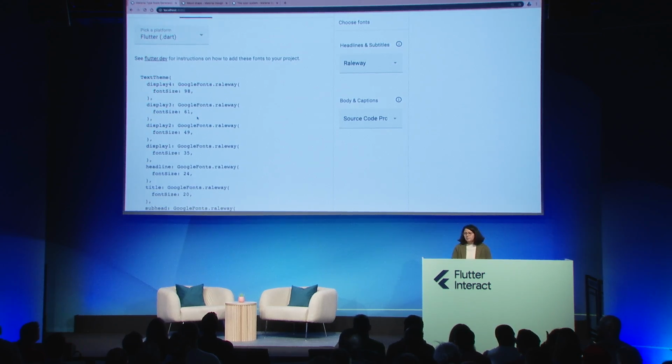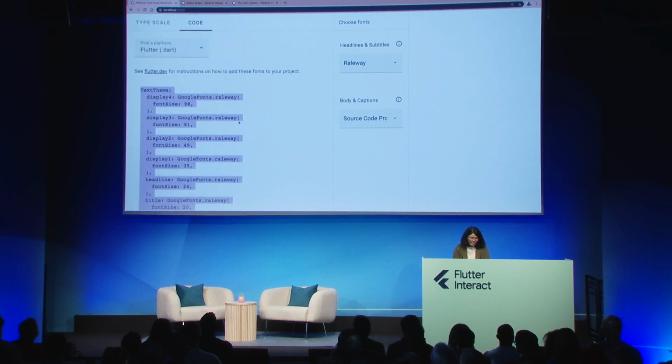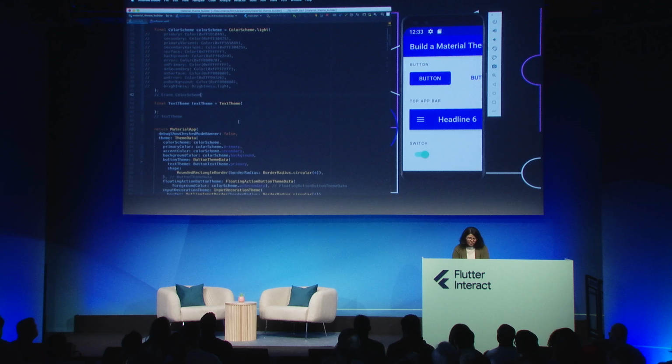And one of the things that we keep hearing from the community is, we know that you have this type scale, but how do we actually quickly apply it and take advantage of all the wonderful things that Material is doing? And again, this provides the code, so you don't have to worry about how each one maps to the Flutter type scale or Android type scale. You can copy and paste it. All right, so we're going to copy this here, and we're going to go over to our wonderful, oh no,